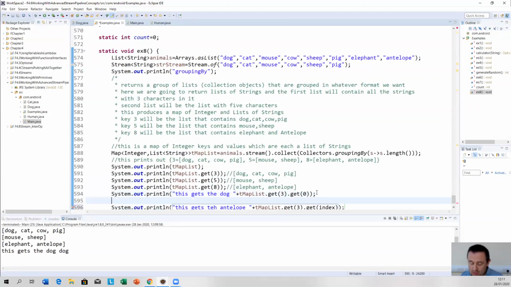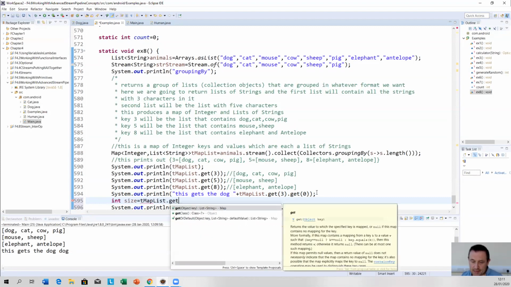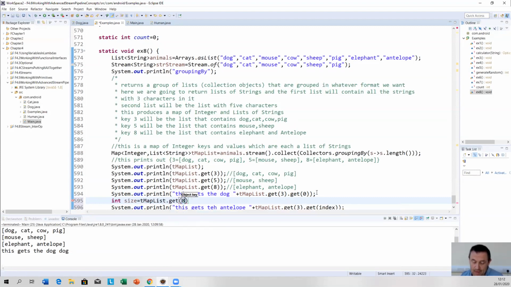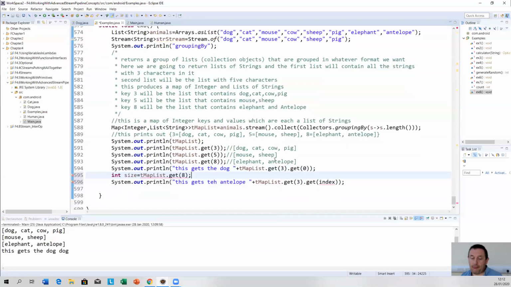Okay, I'd have to go int size is equal to tmap list dot get 8 dot size. Okay, so that's going to get us the size of that list, which is going to be 2. And then I'd have to say, I can say it here, minus 1. Okay, so that means that's going to be 1. So we just go,